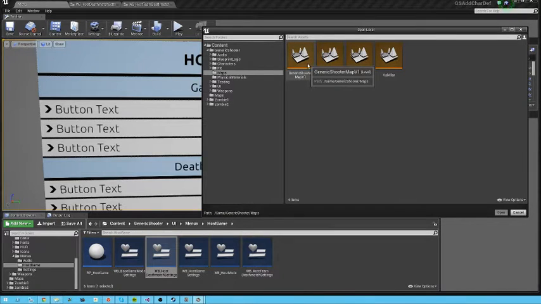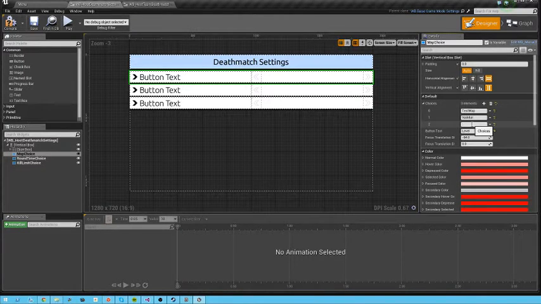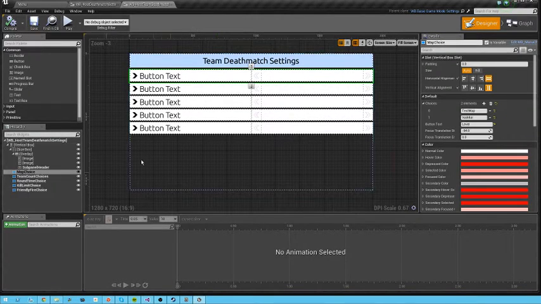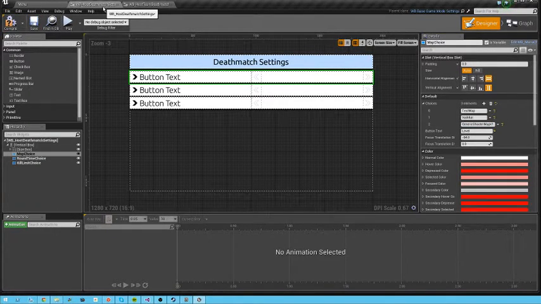So if you want to add this map to your map selection, just note the name generic shooter map v1 and just add a new choice to this widget here and just type in generic shooter map v1, and I want to copy paste this to the host deathmatch map choice widget the same way. Then I'm going to compile and save both these widgets,